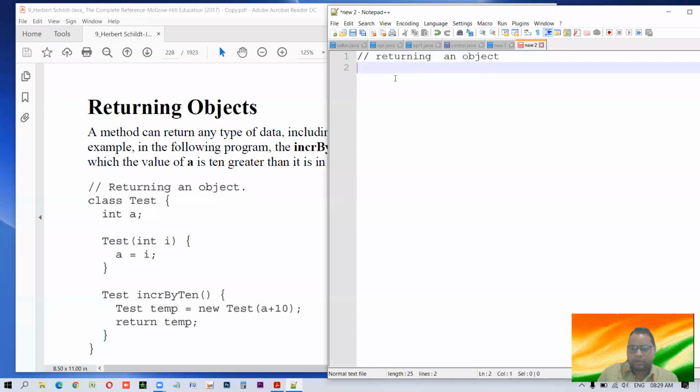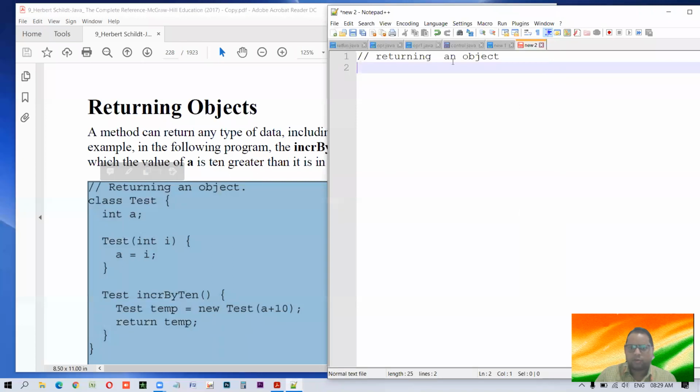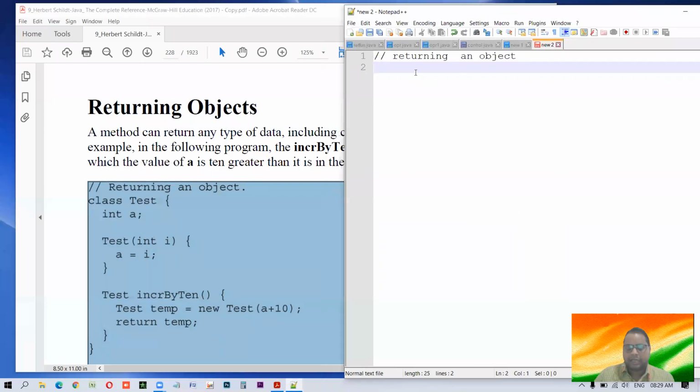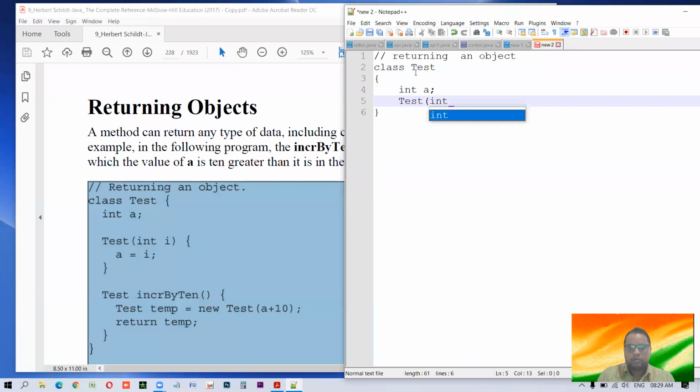Why am I typing, why am I not copying and pasting? Because it's a small program, so we can type it, and typing helps you to learn better, whereas copy pasting doesn't help you that way. So first we need to type it, and then we'll see. It may take some time, but it's okay. Let us give time.